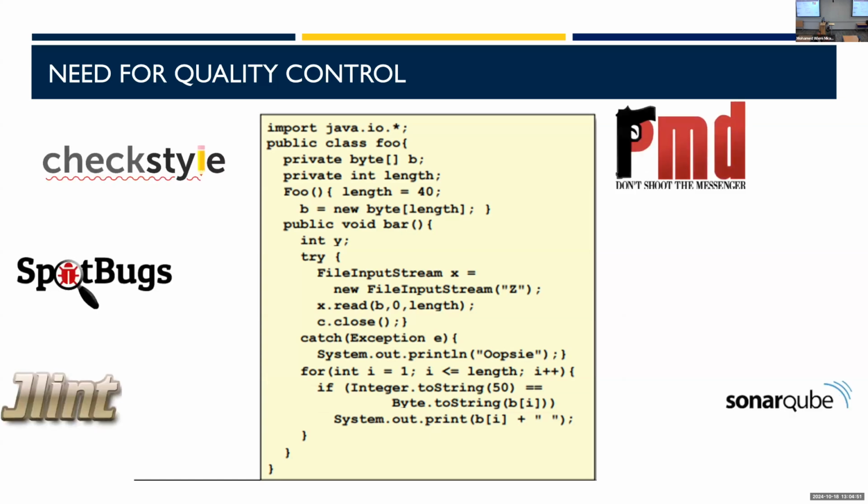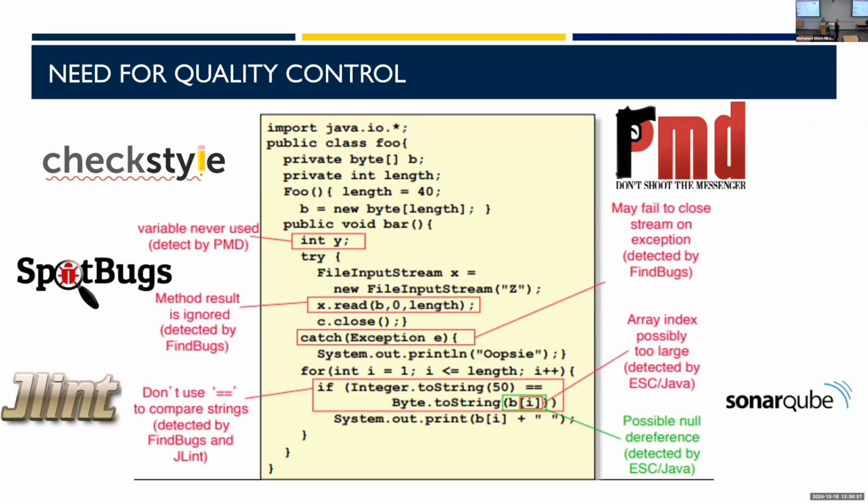But if I bring these bad boys into the picture, and I start asking those tools to analyze this piece of code, they will start pinpointing a lot of potential issues with the code. Things like null pointer exceptions, dead code, unused variables, wrong types of comparisons, etc. So these problems are not necessarily impacting how the code works, but actually they make it more prone to errors in the future.